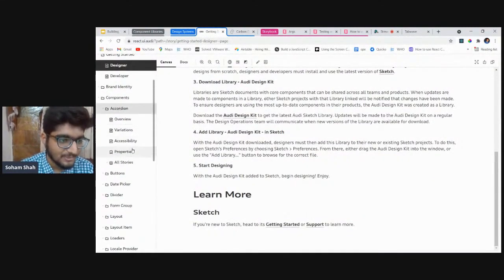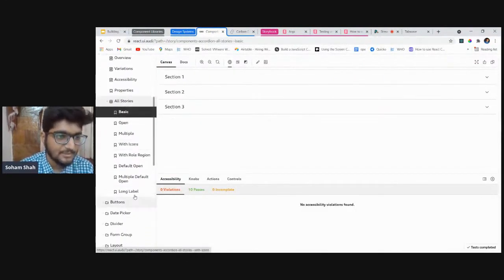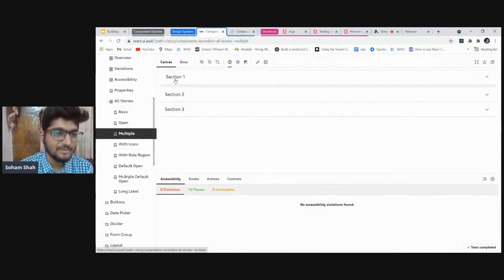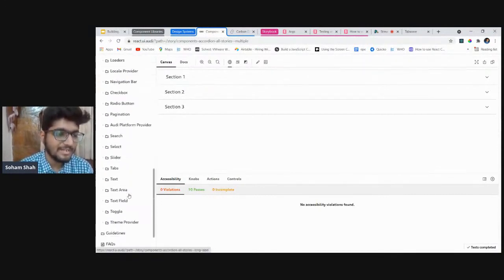There are multiple things, but you might be interested; check them out later. There are a lot of details given on accessibility, variations and stuff, and all the stories are here. See, this is the accordion. When you click on that, it should open. See how easy it becomes for a designer to actually test these components. And since these components are reflecting our main code base, if the designer suggests some changes here and the developer fixes them, it is fixed on both ends. So this is a very frictionless thing. This is a quick overview of what I was telling about Storybook.